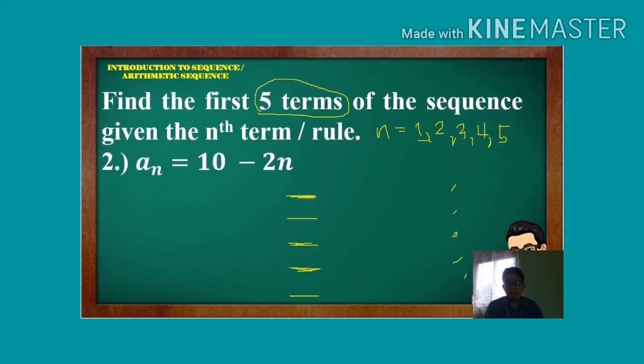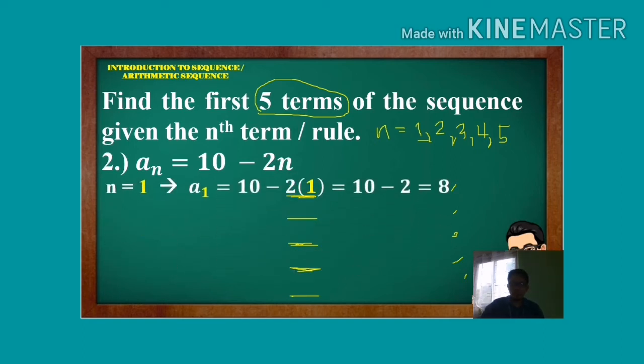Next, find the first 5 terms of the sequence given the nth term or rule a sub n is equal to 10 minus 2n. So again, since we need to find the first 5 terms, we need to use 1, 2, 3, 4, 5 for the value of n. So we need to use this in order for us to get the 5 terms. Now, to start with,